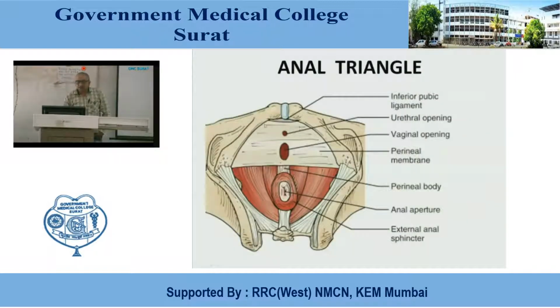See, once again you can see the whole perineum, and these are the demarcating boundaries, and this posterior part is the anal triangle. Now this anal triangle, in the median part, presents from front to back the perineal body, then the anal opening or the anus, and more posteriorly the anococcygeal raphe. So in the median plane, from front to back, it presents these structures.